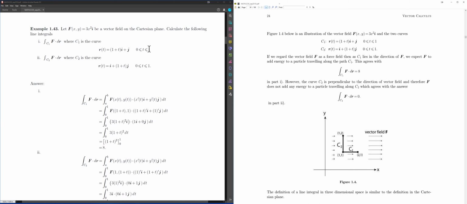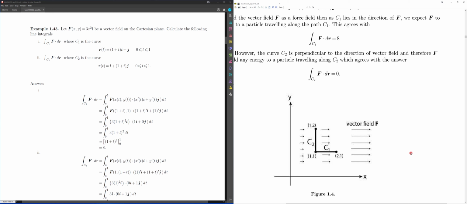All you need is the start point and the end point. Anyway, once I sketch these, I realize that this is just a horizontal line segment. Okay, so my line integral is work done. When I go from this point here to this point over here, if I have a particle moving from here to here, and this vector field is the forces acting on the particle as it moves from this point to this point over here,